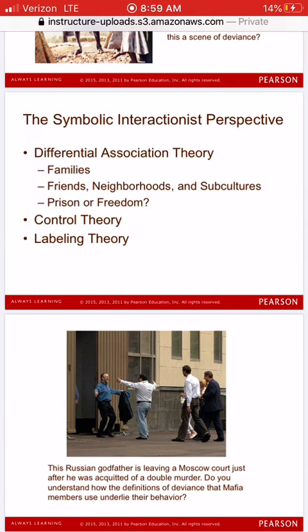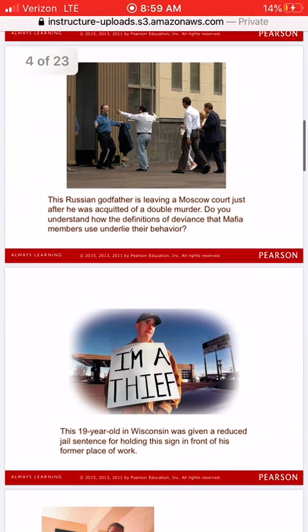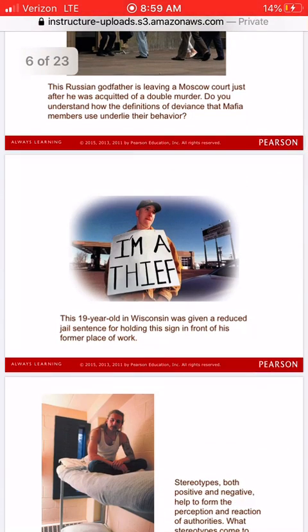And sometimes an individual's deviant labels can be something in which they revel in. So let me pause there. Let me show you a couple things here. This one is sort of an interesting